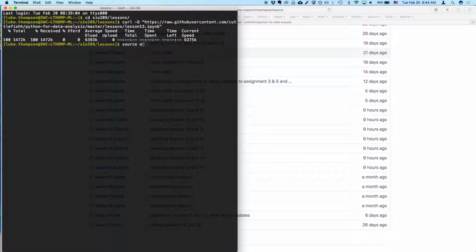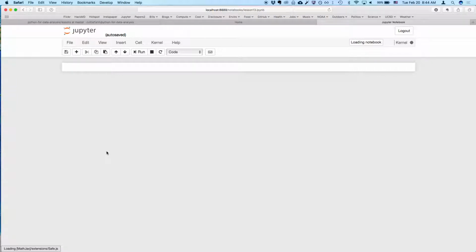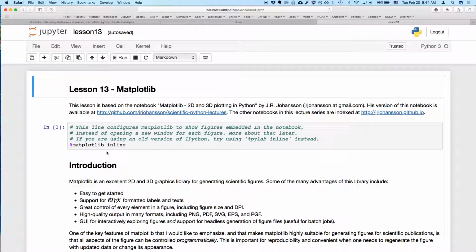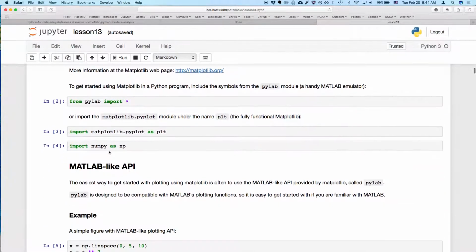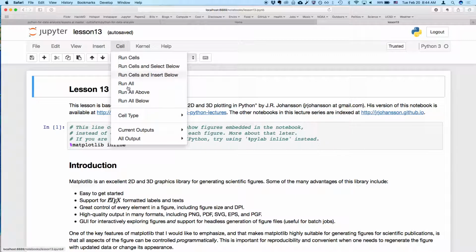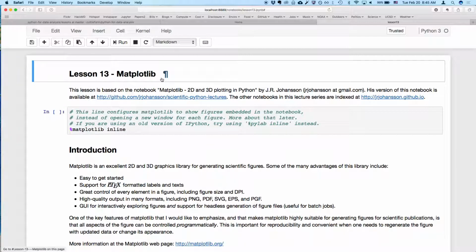We're going to source activate Python 3. Jupyter Notebook. And there it is. So we'll open that up. And finally, we'll just go to Cell, All Output. We'll clear all the output. And then I'm going to toggle that header bar. Okay. So this is